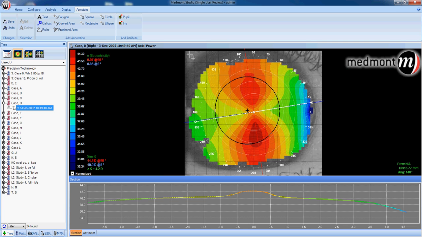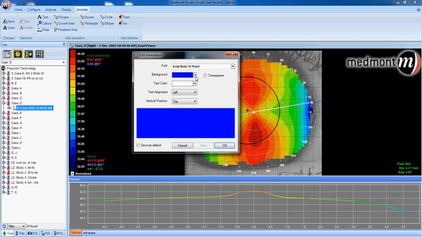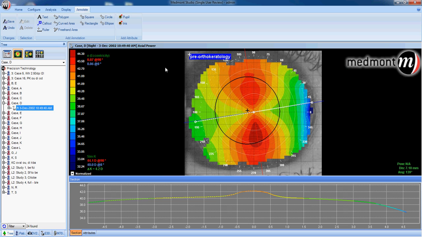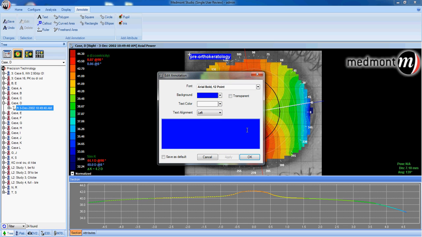For instance, this map was taken pre-Ortho-K. If we wanted to mark a specific point and say this was scarring,